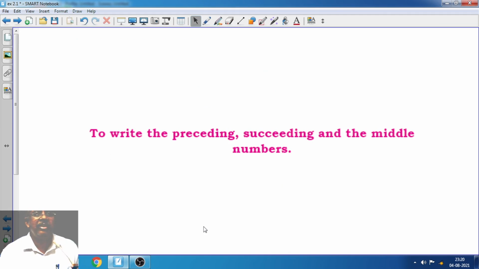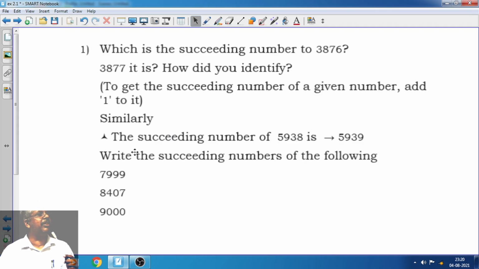Next, let us try to precede the number and succeed the number, and we will find the middle numbers also. What do you mean by that, sir? Let us see here. Which is the succeeding number of 3876? Succeeding means it is the next number. So naturally,